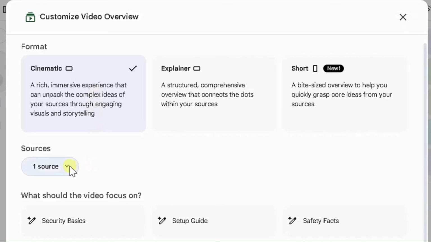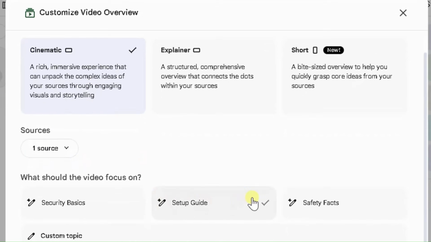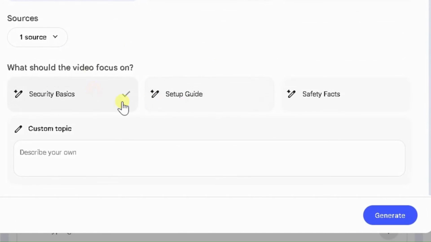That source has already been selected, but down here you can choose, or you can get NotebookLM to focus on specific subgroups in terms of the topic focus. So I'm going to do setup guide here, or you can define your own custom topic here at the bottom. Once you're happy with your selection from here, just click on generate,